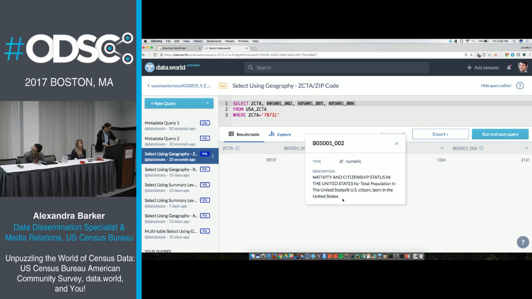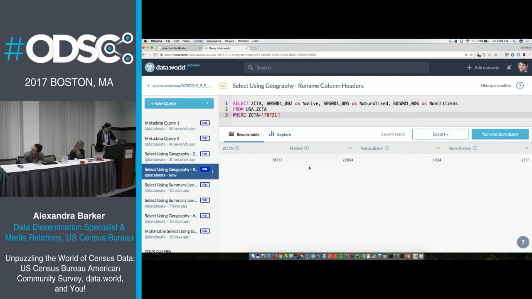Easy enough. If you need to see what the columns are, you can click that little information button. You can also give them aliases. So here we're looking at ZICTA 78731, where I have a little over 22,000 natives, a little over 1,000 naturalized citizens, and a little over 2,000 non-citizens.